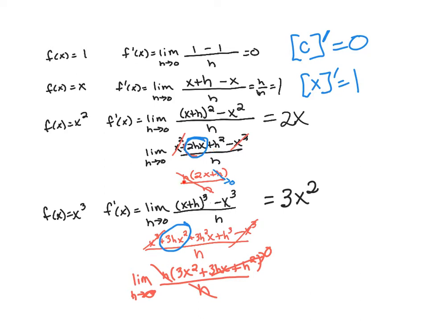I factor the h out. I cancel it. The second h goes to 0. You'll see that I'm left with that second term from when I FOILed. Same thing with x cubed. If I have x plus h and I cube it out, and